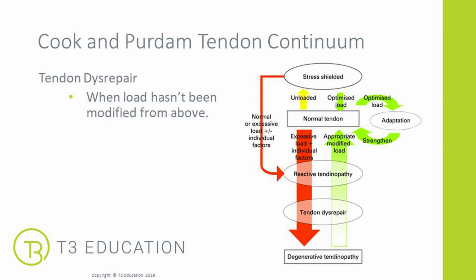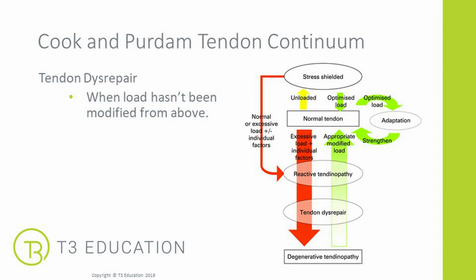If the load hasn't been modified for the client, then they may move into that tendon disrepair phase, where the load hasn't changed from the previous phase. During this phase, there may be some swelling, and some research has found through imaging that there was an element of collagen disorganization around that tendon. But again, like reactive tendinopathy, if we manage the load, we can start to heal and repair that tendon back